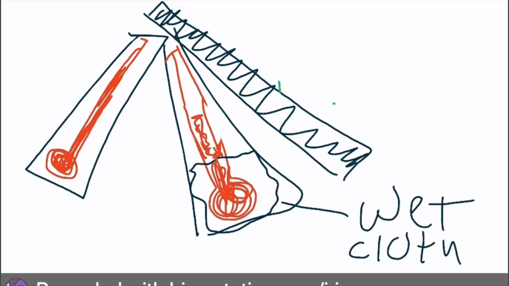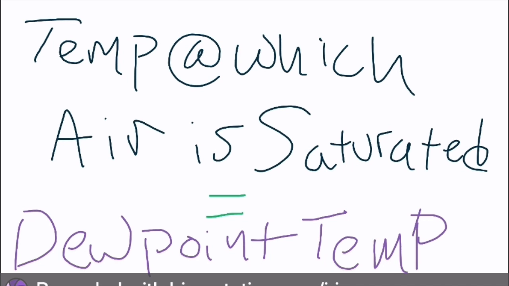We can then use the information from the dry bulb thermometer and the difference in temperature that it exhibits on the wet bulb thermometer. We can determine what the relative humidity of the air currently is, and we can also measure how far I would have to drop the air temperature down to reach a point of saturation. From now on, we're going to define the temperature that you have to lower the air to make it saturated as the dew point temperature, or the temperature at which dew will form.